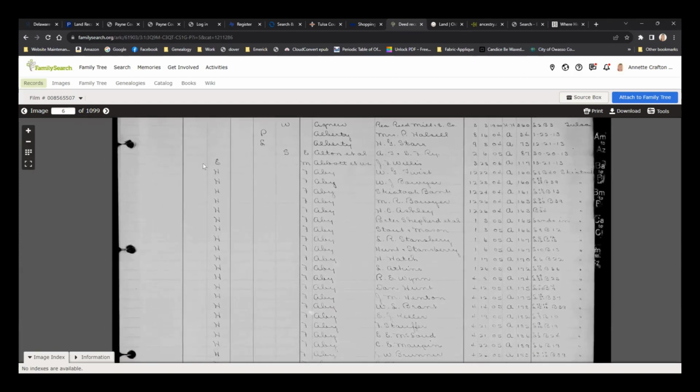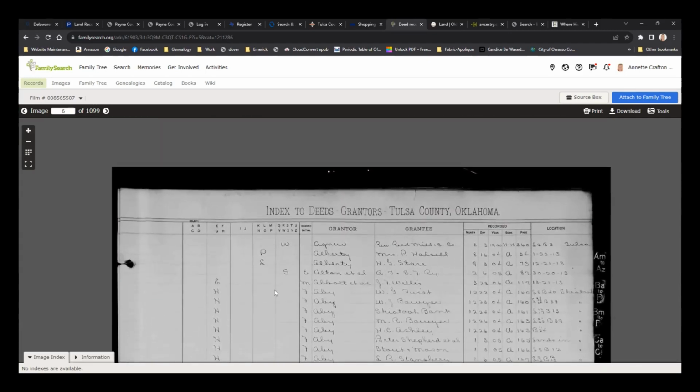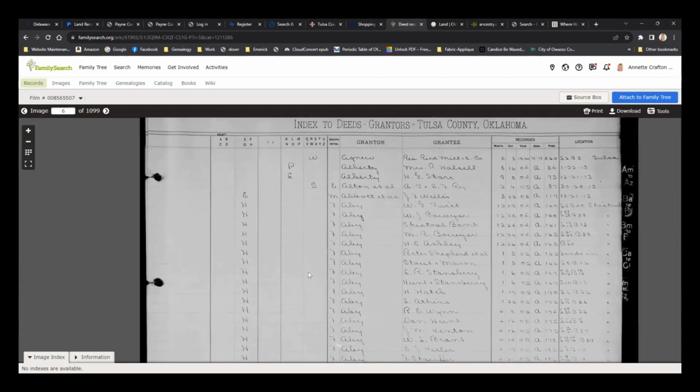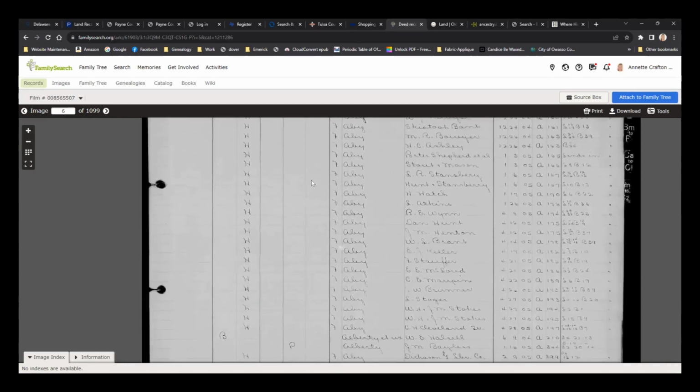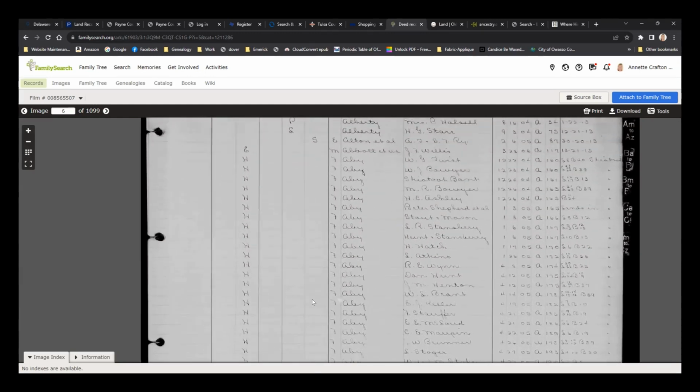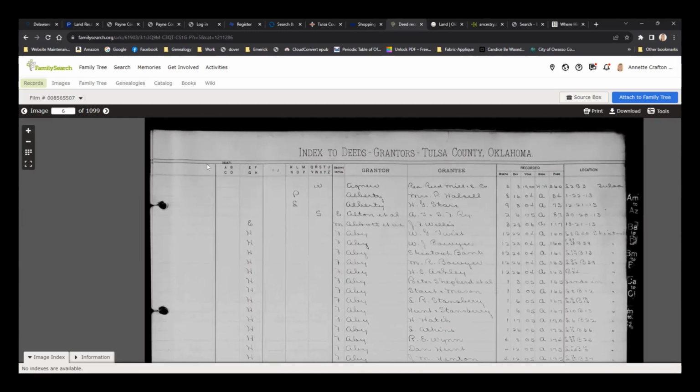What's on the left side? On the left, oh, these letters? I have no idea what those letters are. I know sometimes they have weird indexing means and methods, and I thought maybe that was it, but I have no idea what that means. Usually when I see one of these books, this part is not there. It just has the grantor, grantee, and then the other information. And I never see the grantor as just the last name. Yeah, that's kind of interesting too. I haven't seen it that way either.